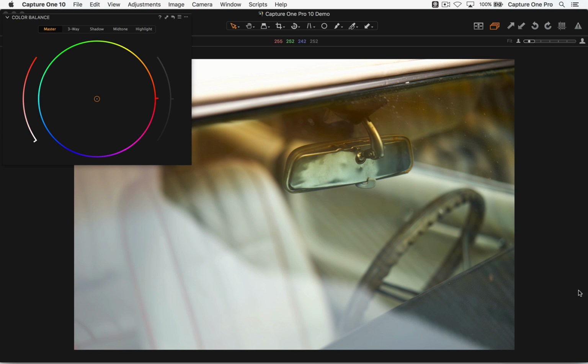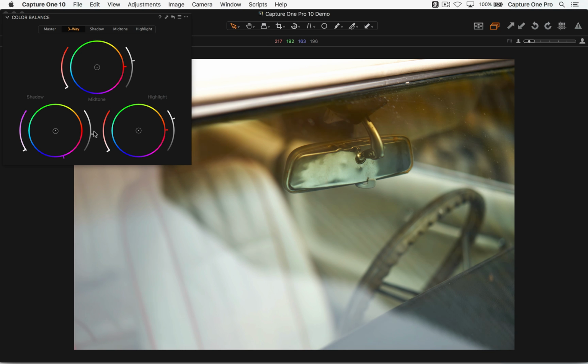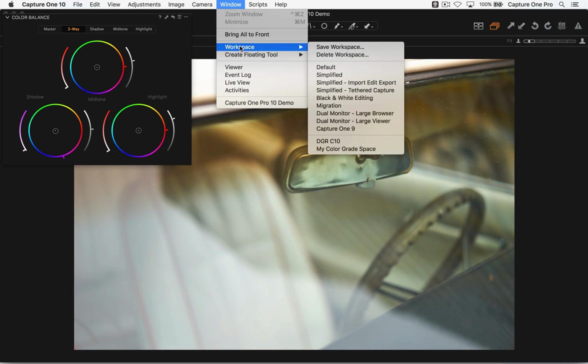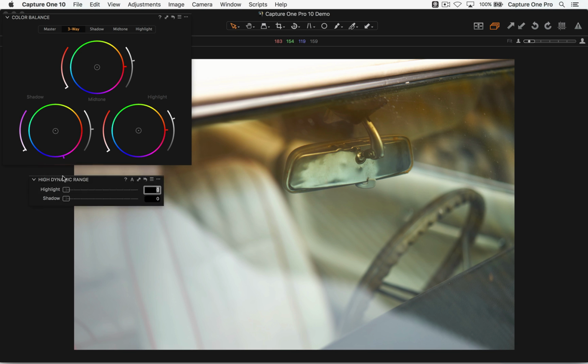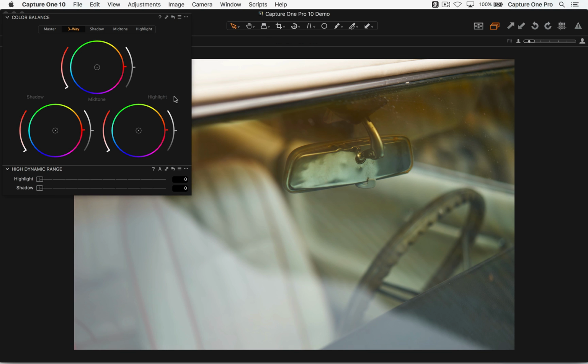If you really want to get more shadow detail, sometimes it makes more sense to actually use the tool with that name. Let's just create HDR, high dynamic range. So let's just reset everything. If we lift the shadows, see it's ever such a slightly different look. If we compare that to lifting the shadows, slightly different. It's not really the same thing.